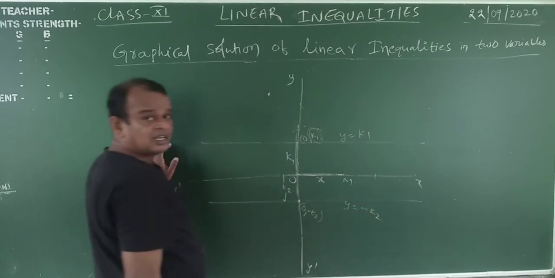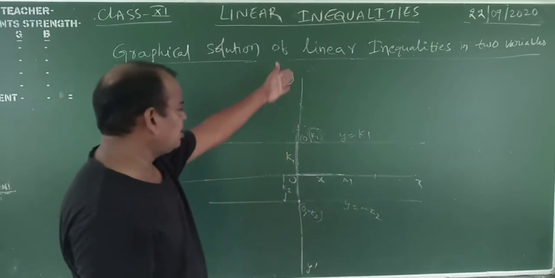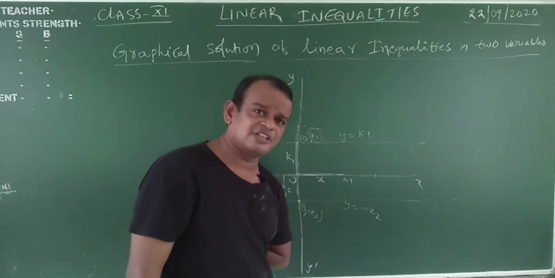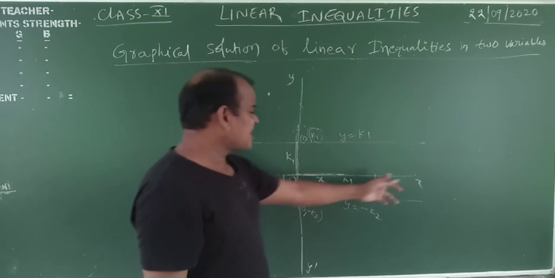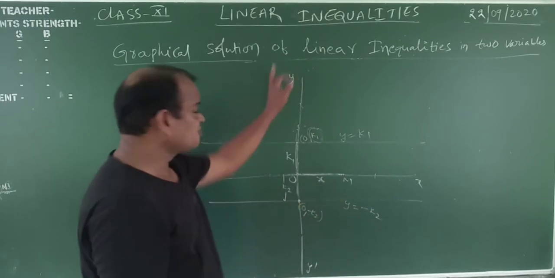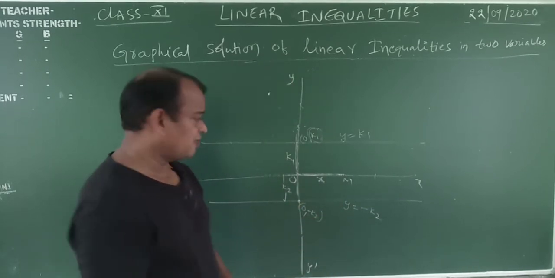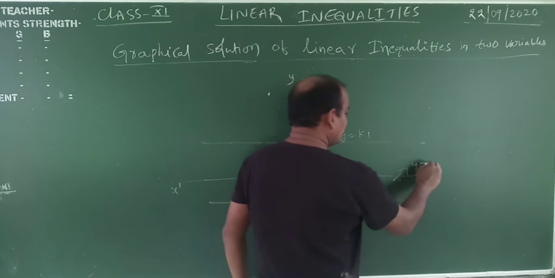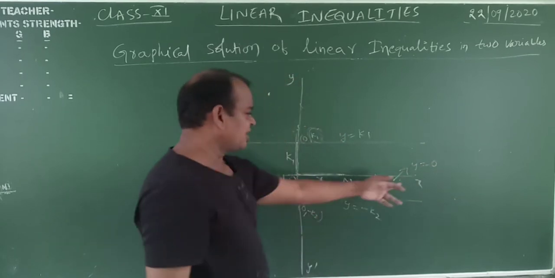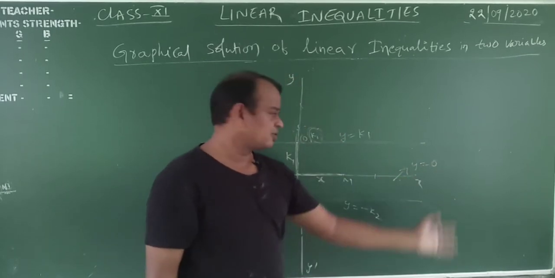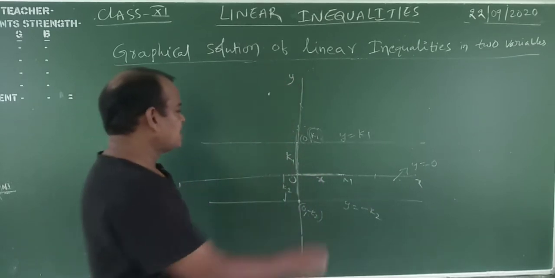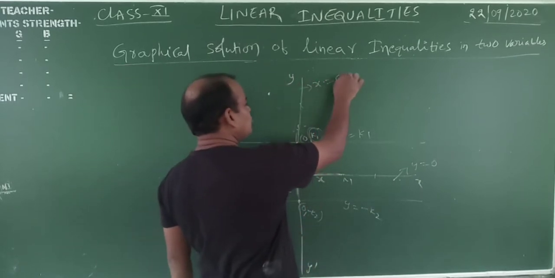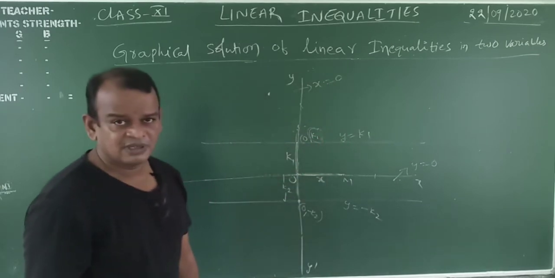That's why the equation of the x axis is y is equal to 0, and the equation of the y axis is x is equal to 0. What is the equation of the x axis? Y equal to 0. Take any point on the x axis, and its y coordinate must be 0. That's why the equation of the x axis is y equal to 0. Now the equation of the y axis must and should be x is equal to 0. I hope you understood. Yes. Okay, my dear students.